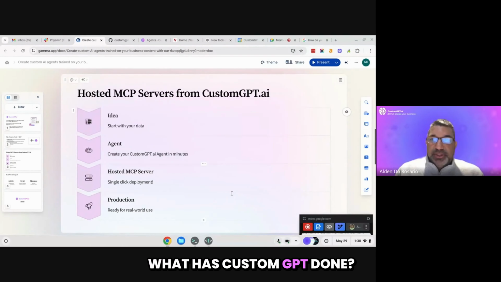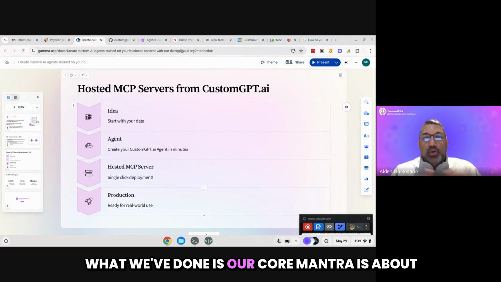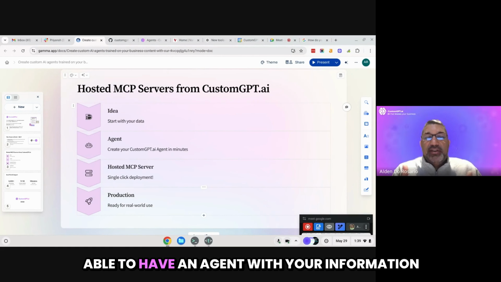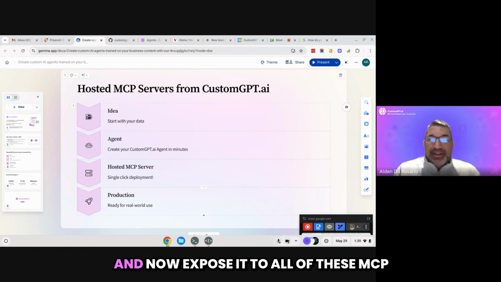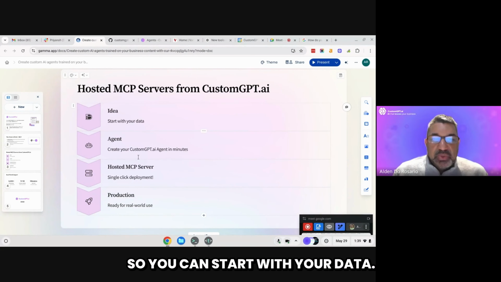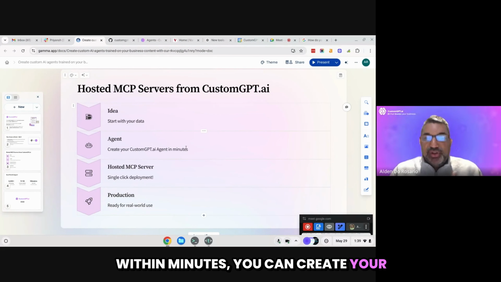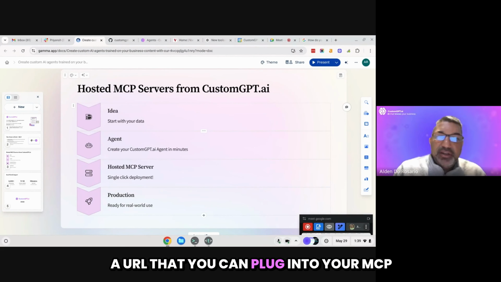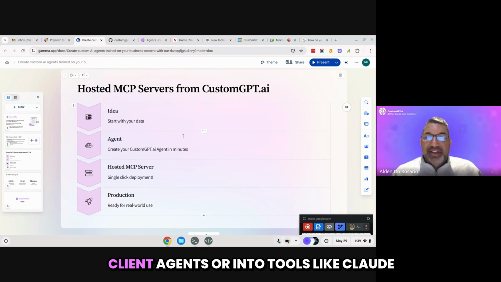What has CustomGPT done? What we've done is, our core mantra is about simplicity and being able to very easily have an agent with your information and now expose it to all of these MCP ecosystems. So you can start with your data. Within minutes, you can create your custom GPT agent, and with a single click deployment, you can have a URL that you can plug into your MCP client agents or into tools like Claude Desktop.